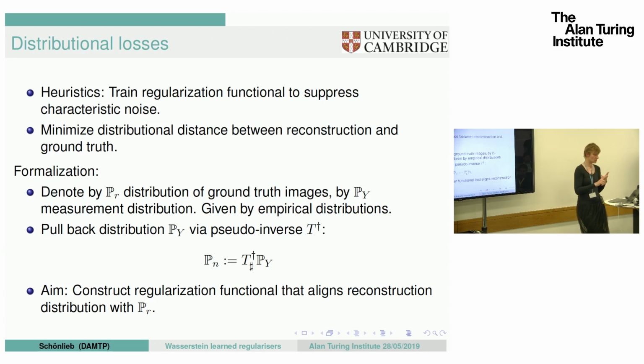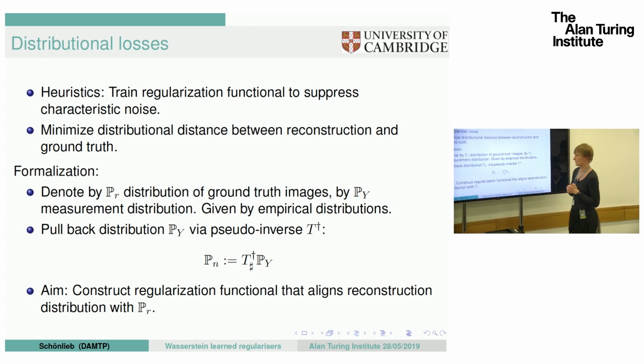So I want it to suppress noise or other types of characteristic artifacts that I know my inverse problem features, like streak artifacts. So I want it to be large for these types of structures. On the other hand, I want it to be small for reconstructions that are close to the ground truth, so that I have structures that appear